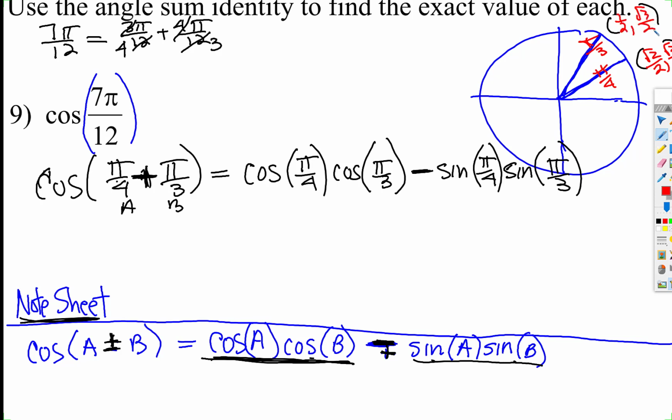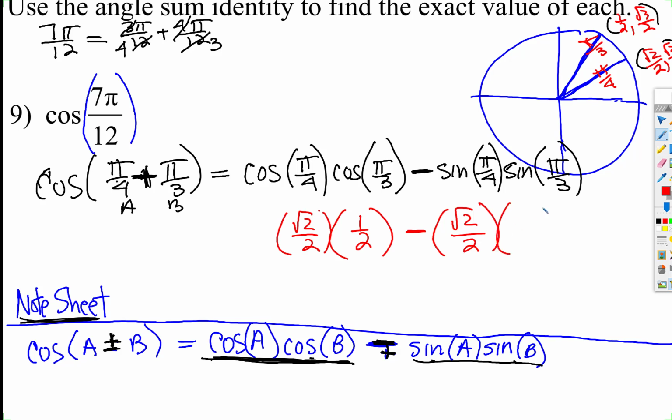Now you just use your unit circle to substitute. Cosine of pi fourths is positive root 2 over 2. Cosine of pi thirds is 1/2. And then there's a subtract sign. And then sine of pi fourths is also positive root 2 over 2. And sine of pi thirds is root 3 over 2. It almost looks identical. So your final answer is going to be cosine back at the original 7 pi over 12